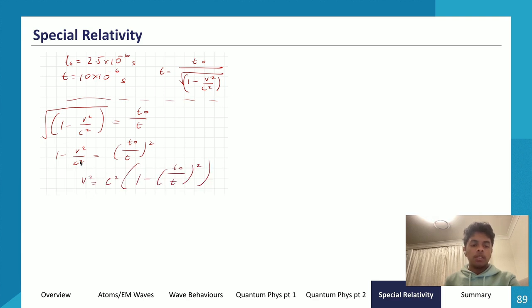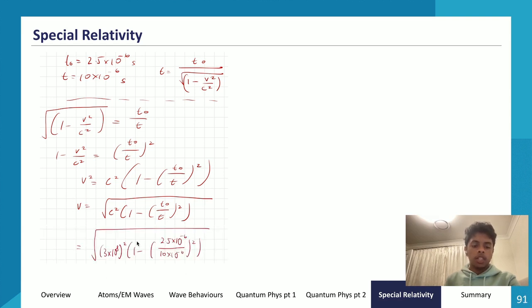Then I shifted everything around. So I shifted this to the right hand side, and I moved this to the left hand side, and then I multiplied everything by c squared, and then I square rooted everything to make my velocity the subject. And then I subbed in all the values. So I subbed in 3 times 10 to the power of 8 squared, multiplied by 1 minus 2.5 times 10 to the power of negative 6, divided by 10 times 10 to the power of negative 6 squared, to get a value of